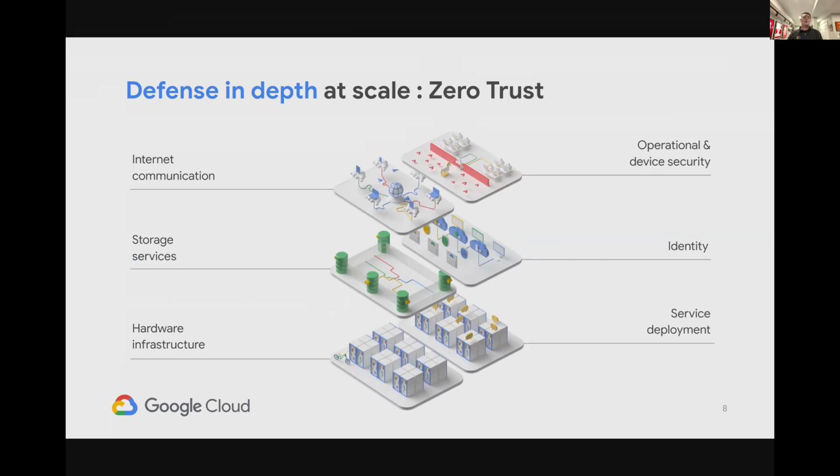What that really means is that we are not relying on any one technology to secure a service or infrastructure. We're not doing any sort of implicit security where resources in the same rack in the same data center are on the same VLAN and can implicitly trust each other. Basically, there's authentication, there's encryption, there are multiple services all working together, and the goal is that any one piece of those can fail and it won't leave the door open to